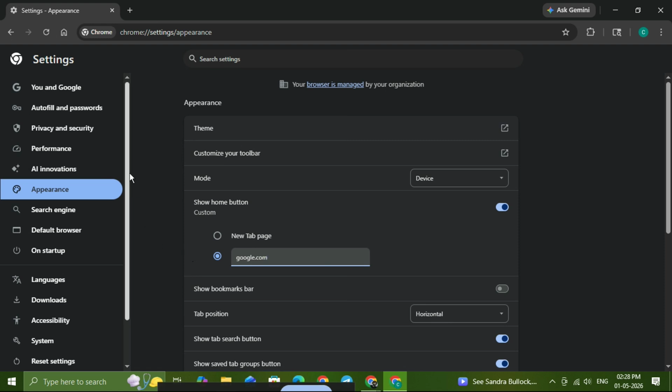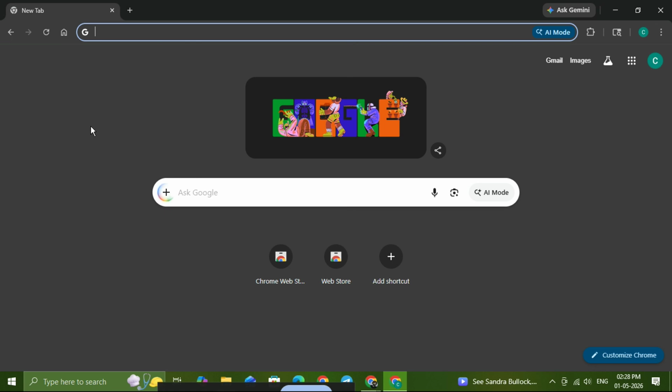Now test it out. Go back to your browser window and click the Home button. You should see Chrome open the page you selected. That means your home page has been set correctly and you're ready to use it anytime you want quick access